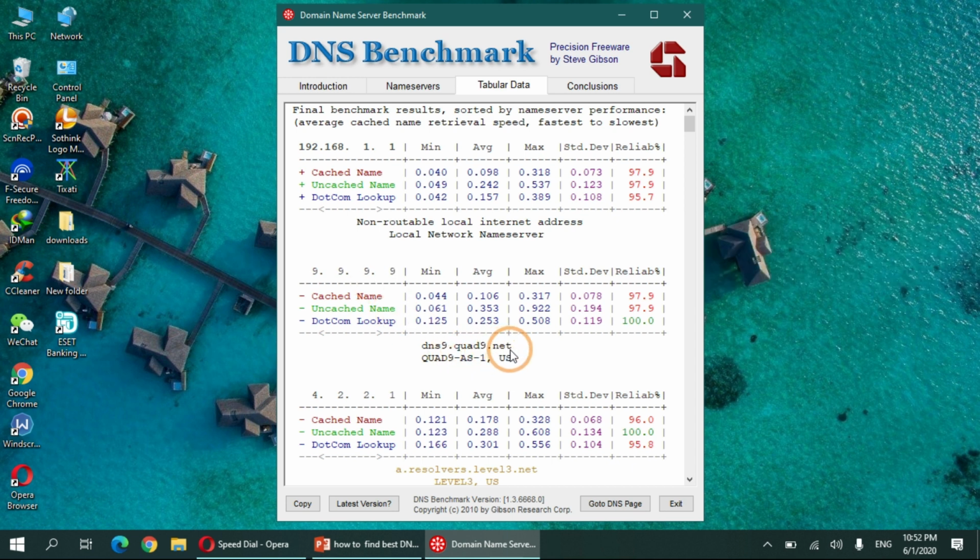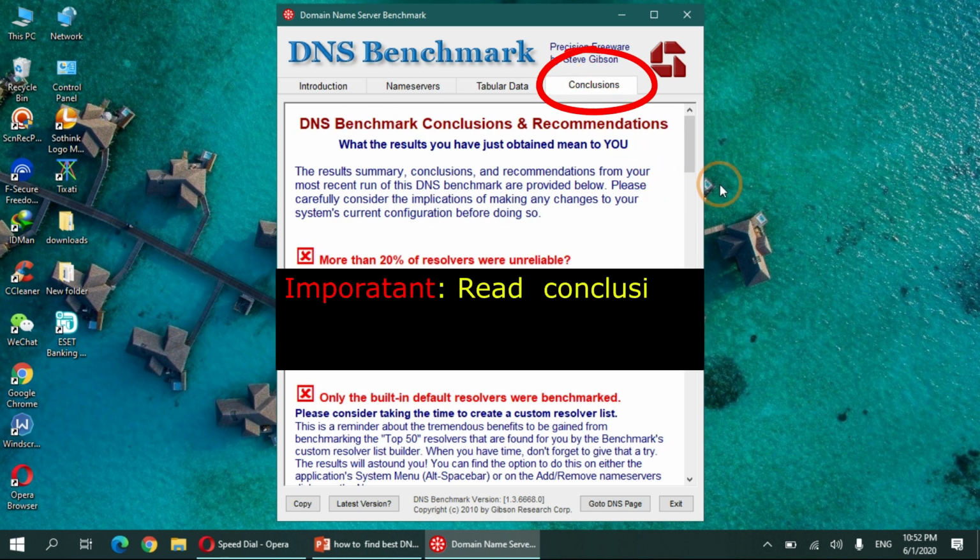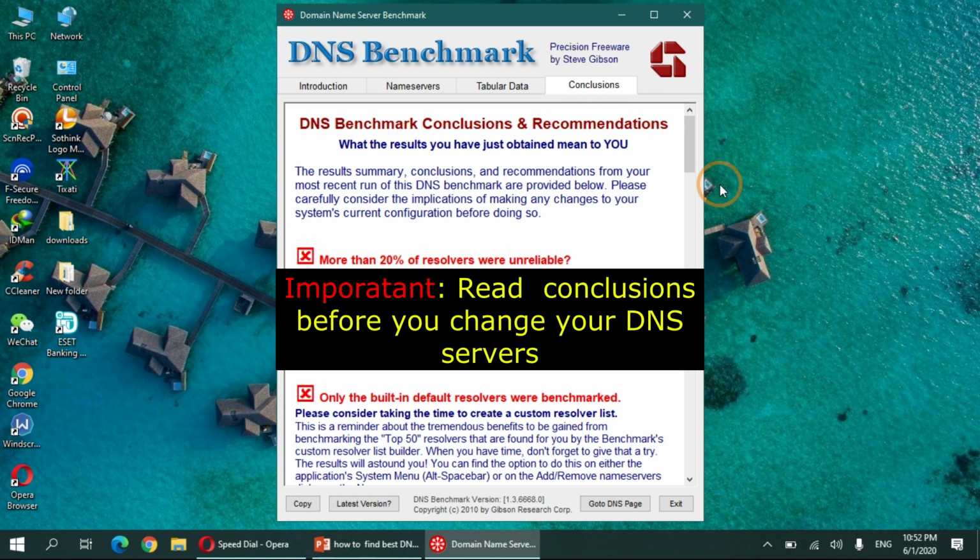So there is no need to change the DNS server in my case, but it may be different for you. Now click the Conclusion tab. The results are heuristically and statistically analyzed to present a comprehensive summary of all important findings, conclusions, and recommendations.